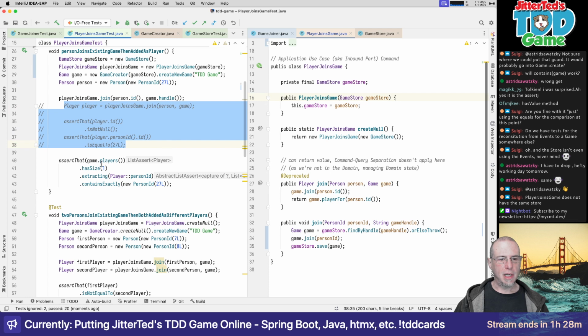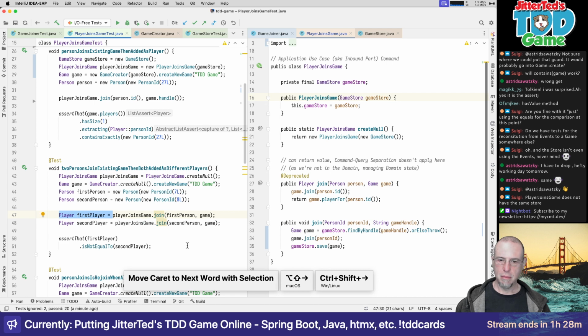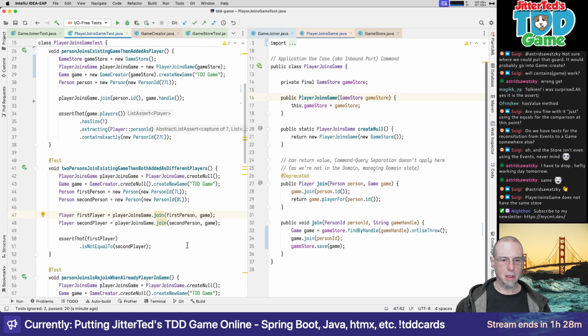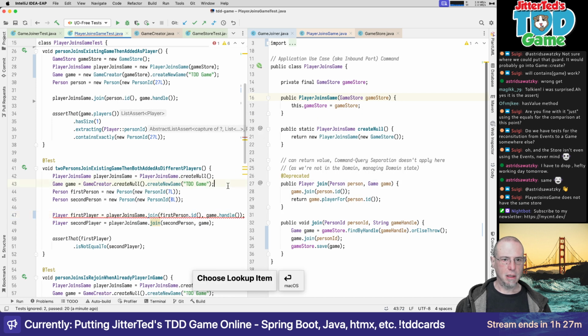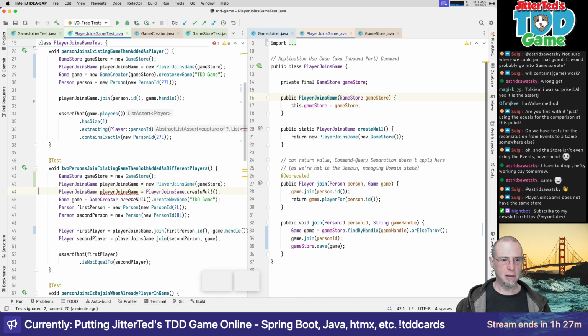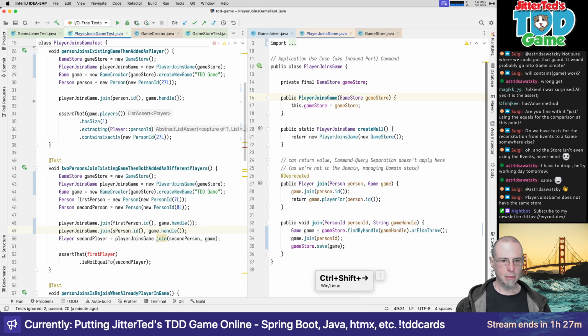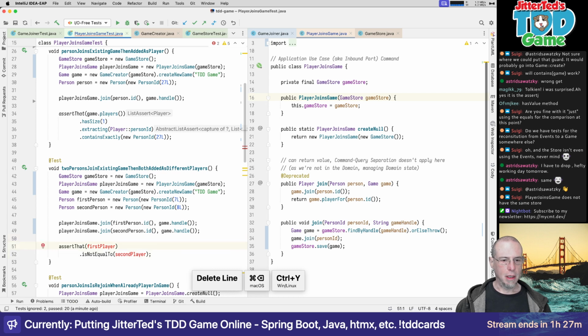I don't think I need this because I get that assertion here. So we can delete that. So now we can get rid of this. Says first person.id game handle, and we're going to need to do the same thing that we did here. This is the second time I'm doing that. And so now